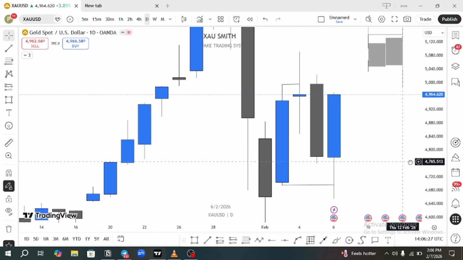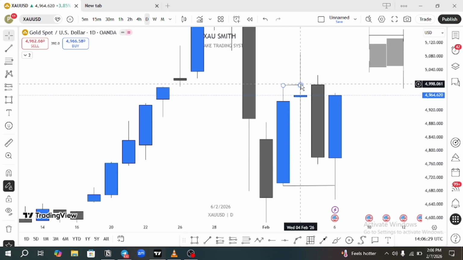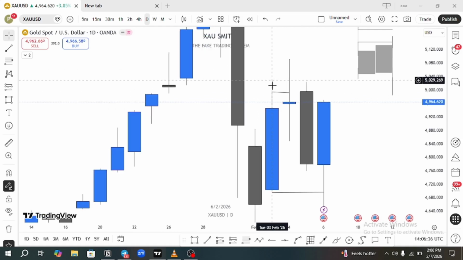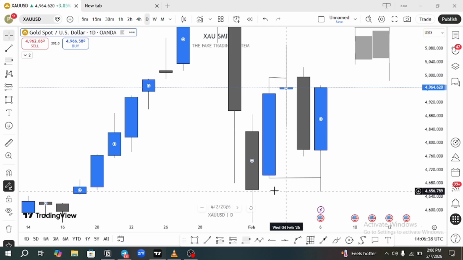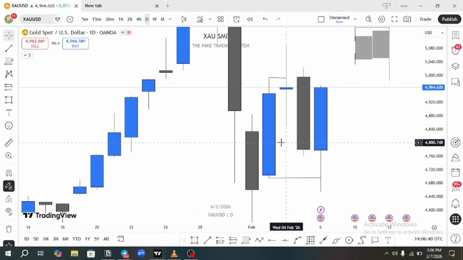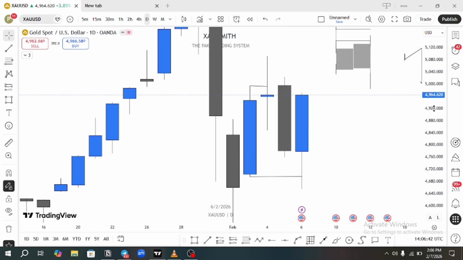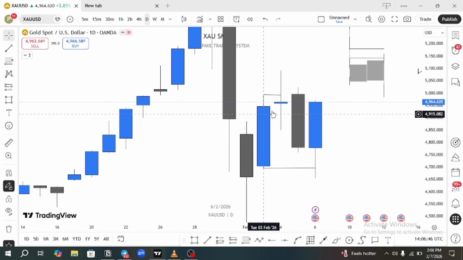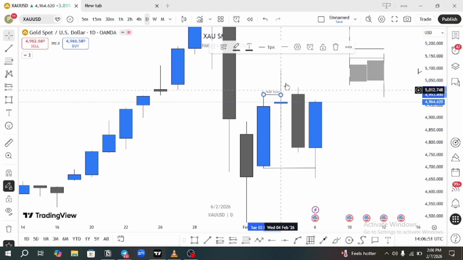So we can see very clearly that market was able to take out this previous candle high, tapping into our fair value gap, right? And also not taking out that candle low yet, right? So we had a place we can trade into, which was this candle's low as our draw on liquidity. So market took out this previous candle high. What do you want to do when you go to the lower time frame? After framing this in a key level, then